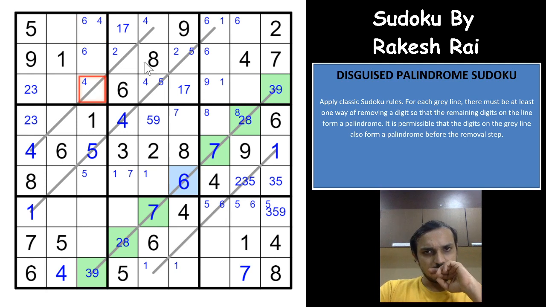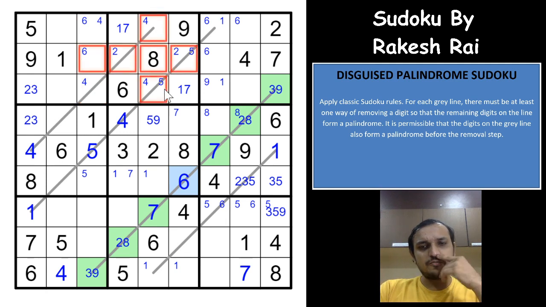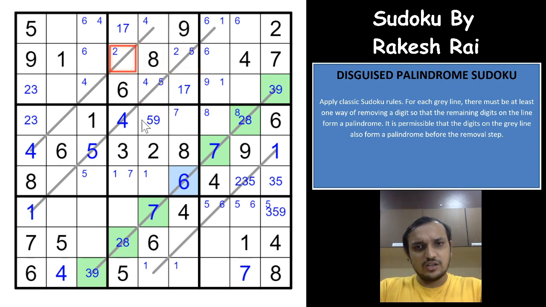Okay. 2, 3, 4 and 5. Oh, so this cell is a hidden single here. After getting this 4, actually this was the hidden single here. You can only have 2 here. 3, 4 and 5 would have to be in one of these three cells. This cannot be a 4, this cannot be a 5. Okay, and with the 2 here we get an 8 here. That actually gives you an 8 here.